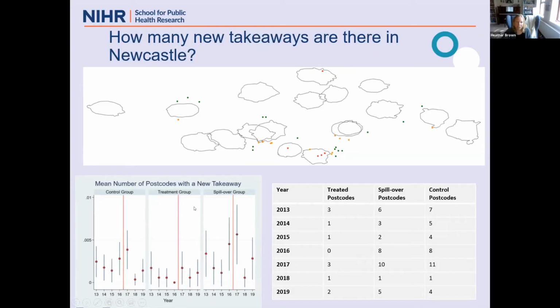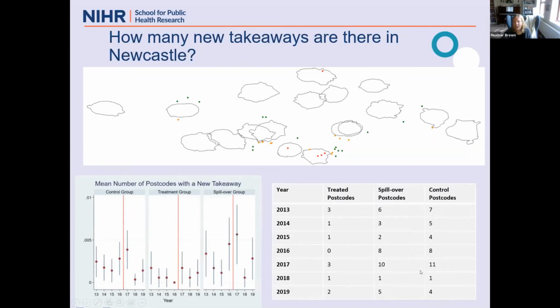So this figure over here shows that across all the postcodes in Newcastle, how many open. You can see that on average, less than 1 opens in a postcode over each year. And then this one just shows the number of new businesses that open, and you can see just by looking at this figure that 2016 is when the legislation came into effect, and in the treated postcodes, none